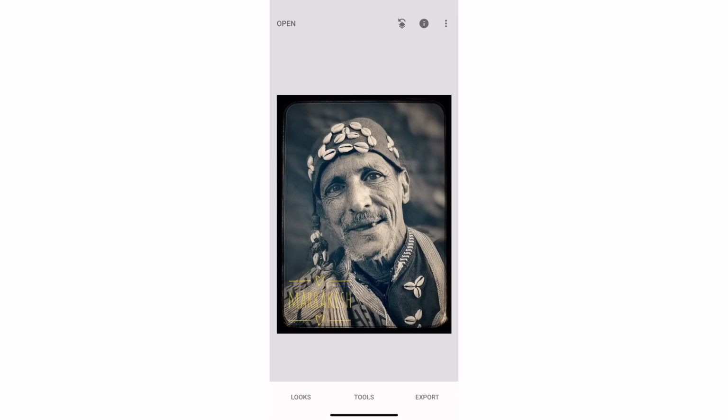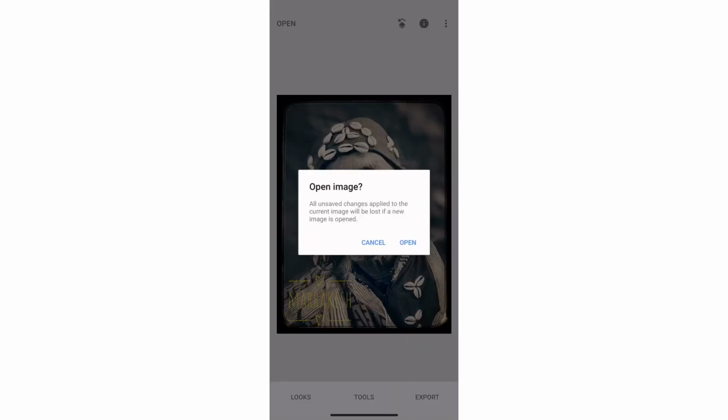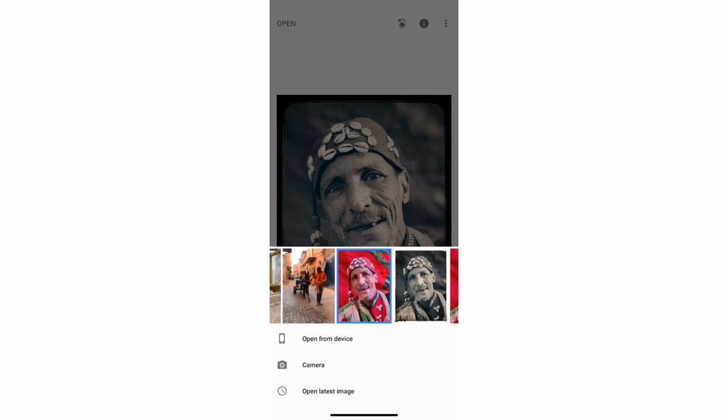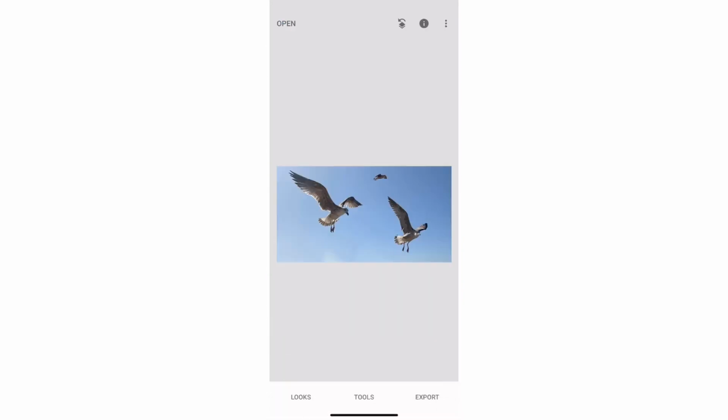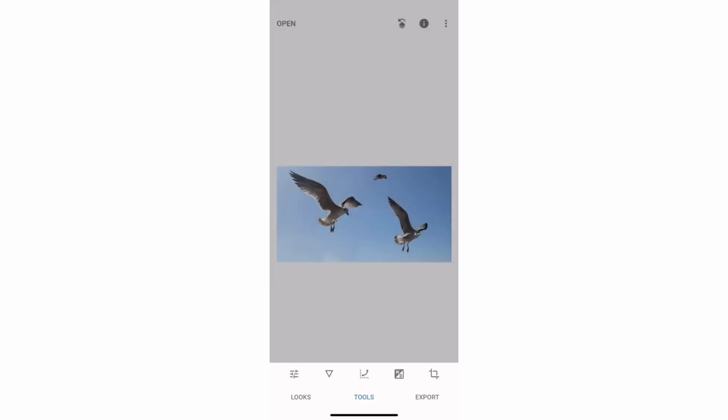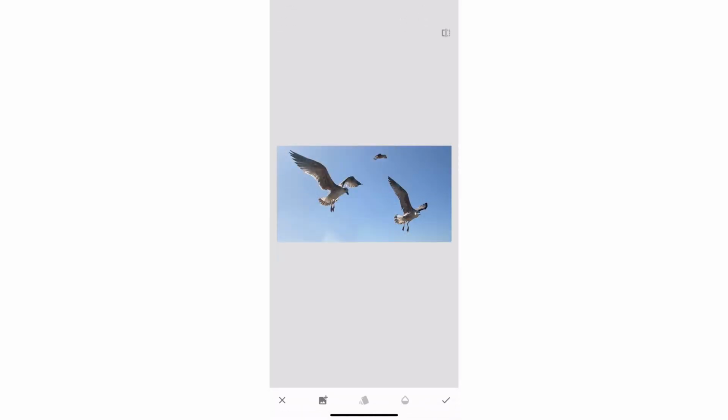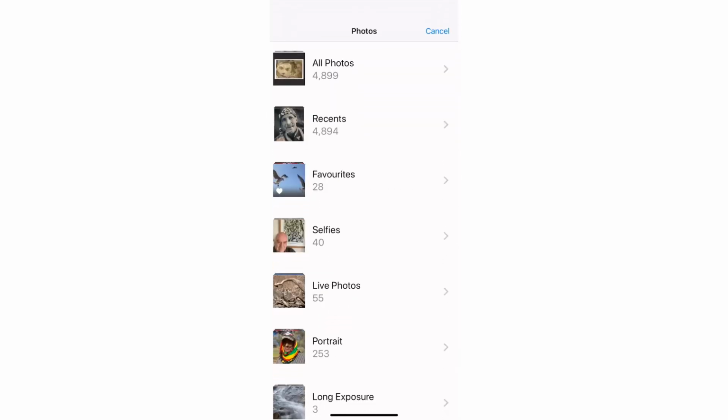Right, out of that, I'm going to show you very quickly one more picture here, favorites, and we're going to start off with this one. Now this one here, we're going to go into double exposure. Do that. Now in double exposure, down at the very bottom on the left, you see a wee plus sign on a picture. So if I click on that, that lets me go into